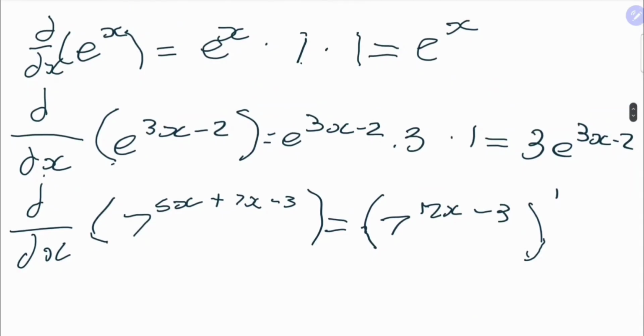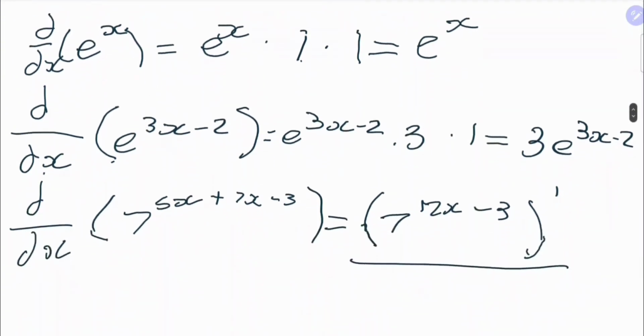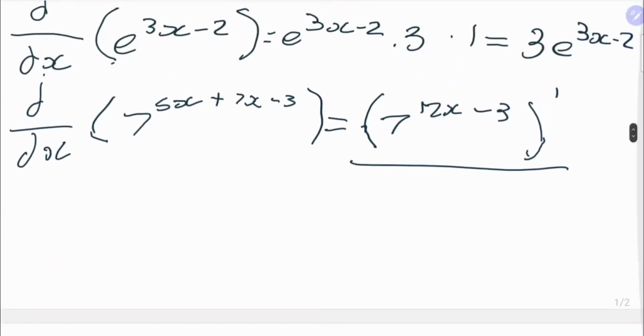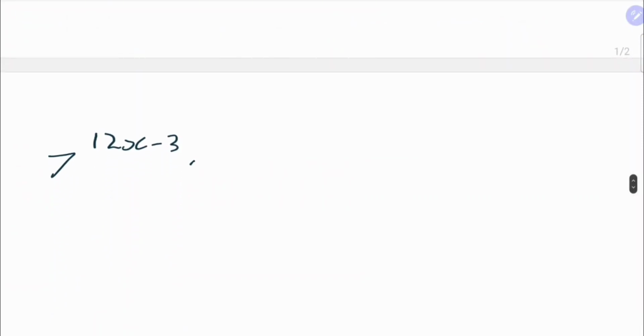So we're going to want to first write this out as denoted here. So let's do that. 7 to the 12x minus 3. Yep, that's it. Times, okay, then the derivative of 12x minus 3 is going to be 12